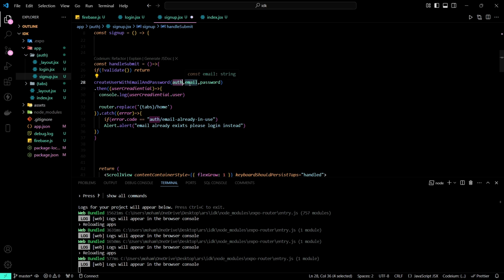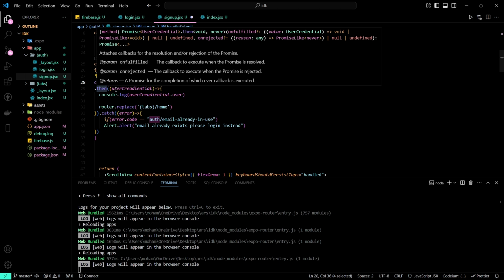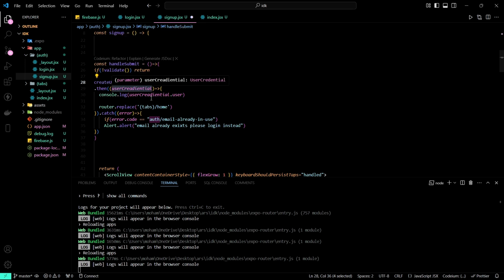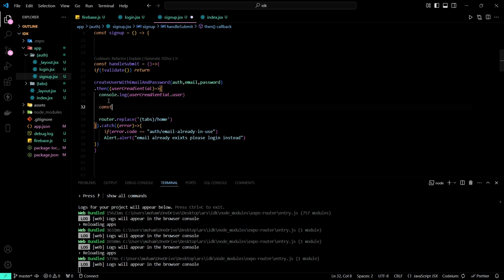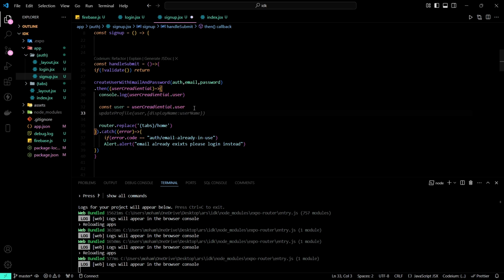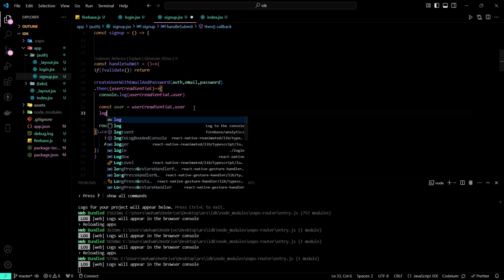Using this authentication method, we are sending email and password. When the authentication is successful, we are writing some arrow function. After that we are trying to print the user details. If he is authenticated, we are getting some details, right, about his data from Firebase. We'll try to store them in one variable. It will be user credentials dot user. Done. We'll try to print what we are getting when we do log